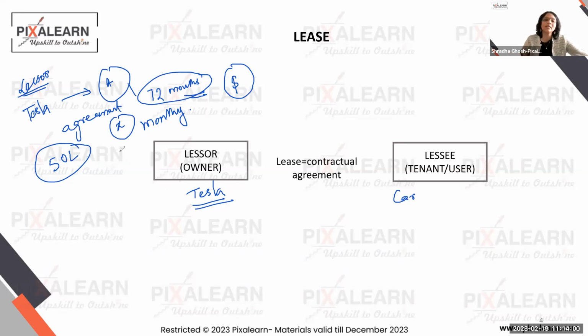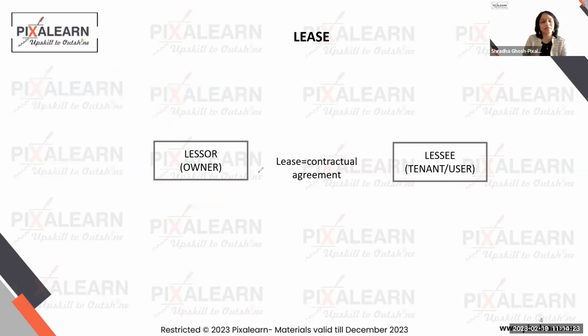If I bring the car, so let's say if Tesla actually sells this car, what will be the value of sales? We don't know, right? If Anirban brings the car, first of all, why will he bring the car? And second, if he even brings it, at what value will the car be brought into his books? All of these questions will be addressed in a scientific manner when we talk about the lease standard. So we have two parties, and there is a detailed agreement that lists down who is going to bring the car into whose books, at what value, and how you are going to deal with it.